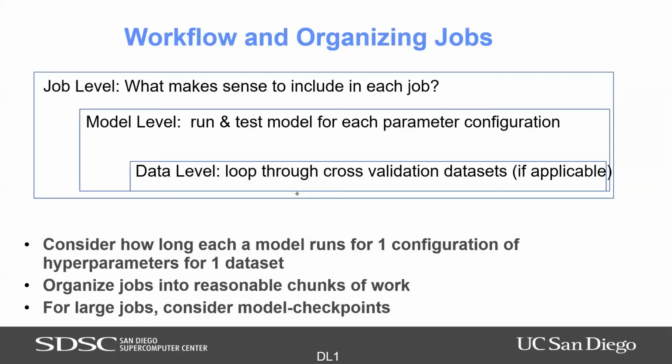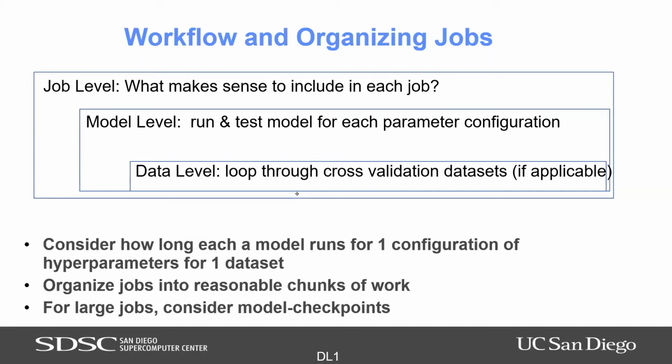The other thing to think about is your workflow for your jobs. You really got to think about what makes sense. Because if you're doing a big network with big data, at some point you're going to move everything to batch, and you're going to want to set up a Slurm script. You can find those examples off the Expanse user guide. And you really got to think about how much you want to put in a job. You want to organize your work so it's easy to see, okay, I've run this set of networks with these parameters, this set of networks with these parameters.